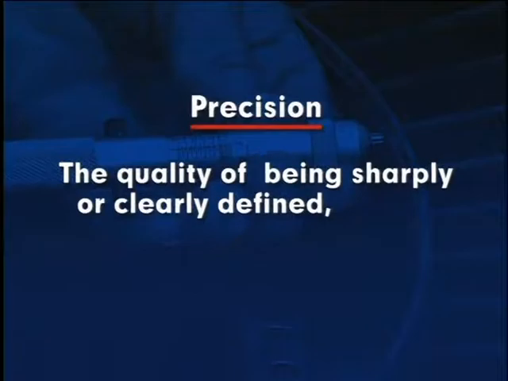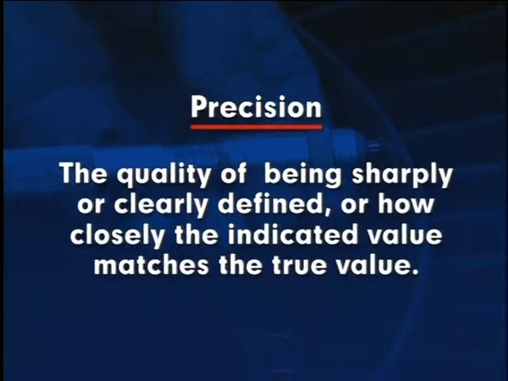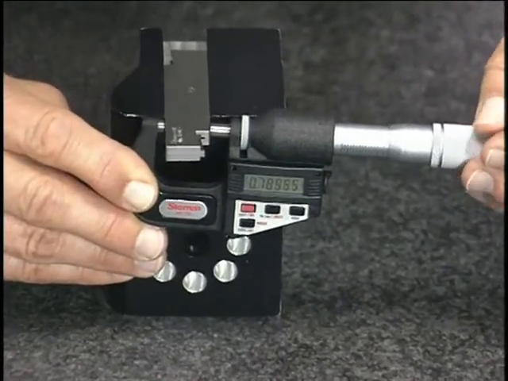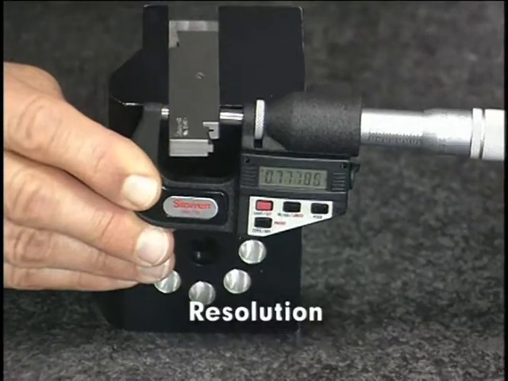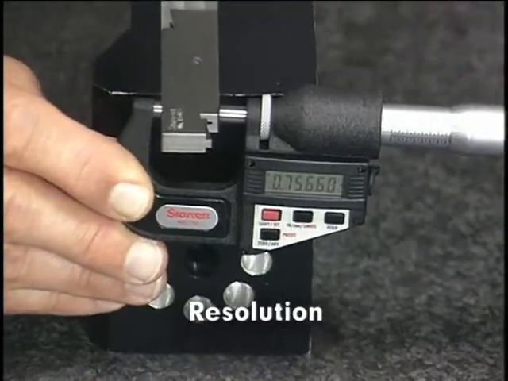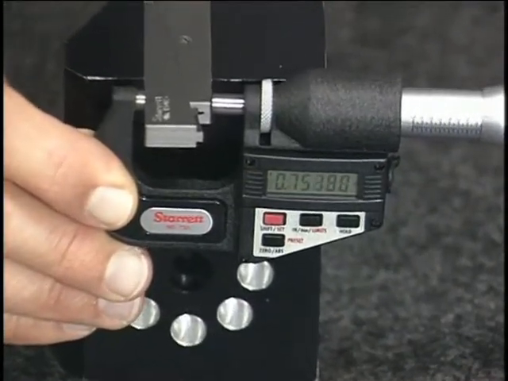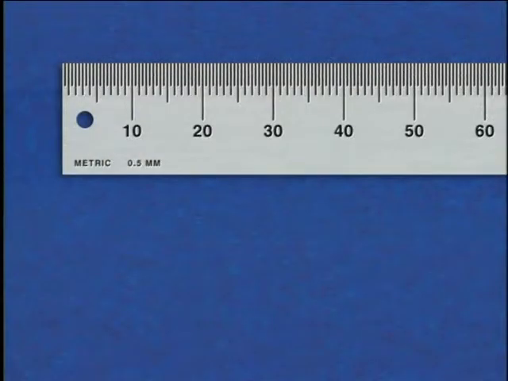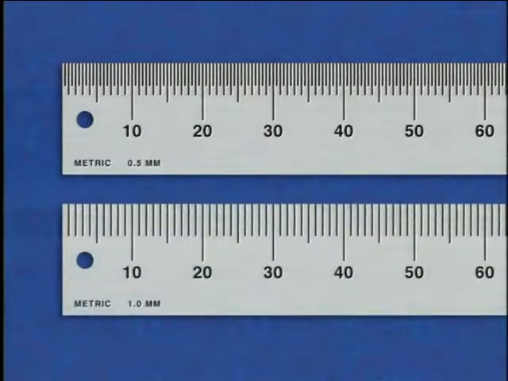Precision is the quality of being sharply or clearly defined, or how closely the indicated value matches the true value. The precision of a measurement device is in part a function of its resolution, which is the smallest graduation into which an instrument is divided. For example, a rule marked in 1/2 millimeters has a higher resolution and thus can be more precise than a